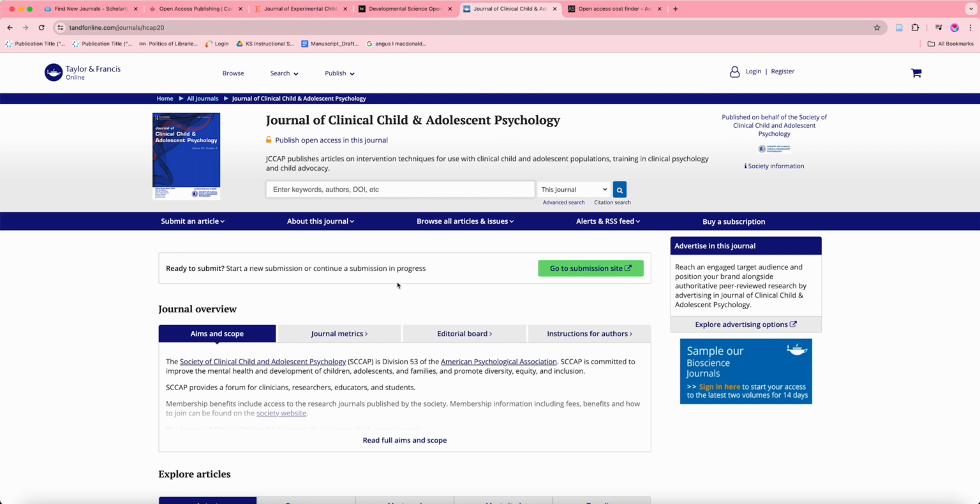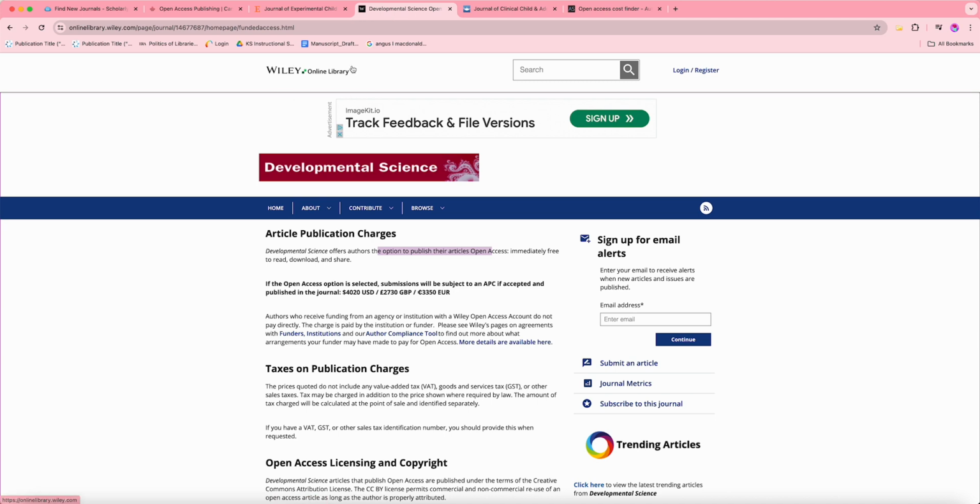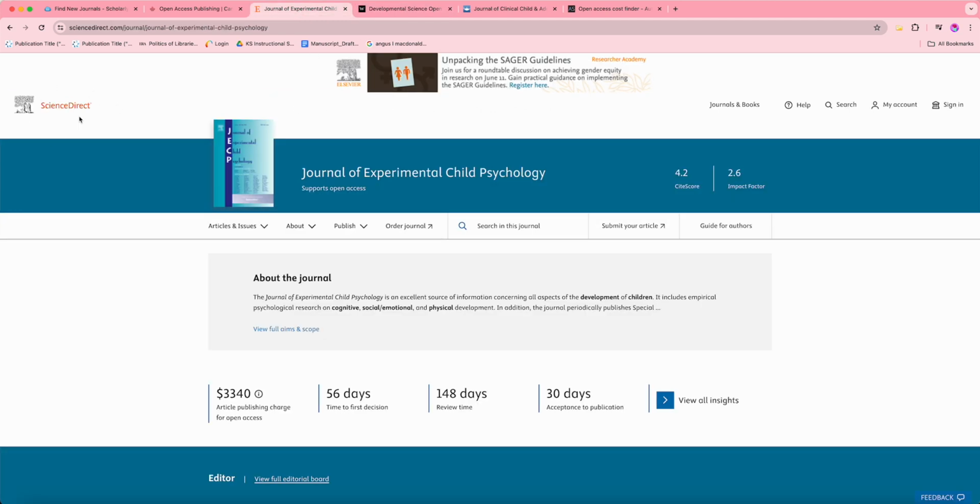First step, find the publisher. Who publishes this journal? It's usually at the top in some sort of banner here. This one is Taylor and Francis. This is Wiley. And here we see Science Direct, and then we'll see Elsevier over here, so it's Elsevier Science Direct. You need to know this because you need to know the publisher to know whether you get a discount